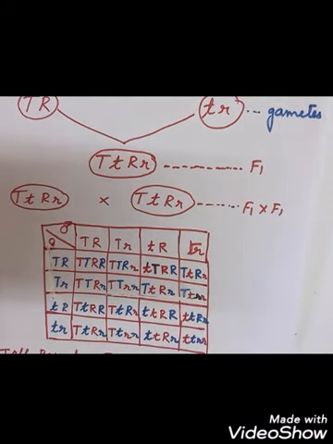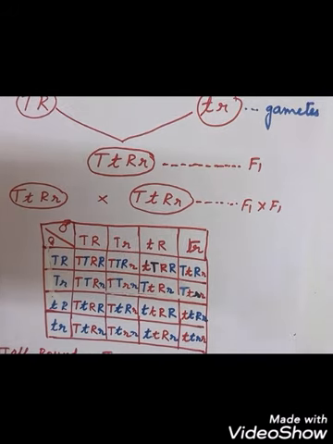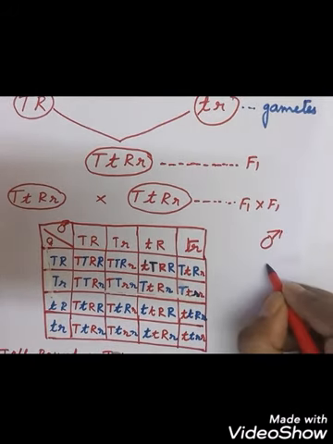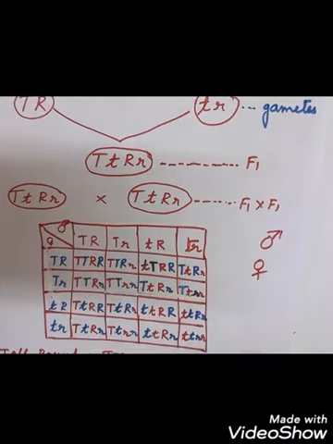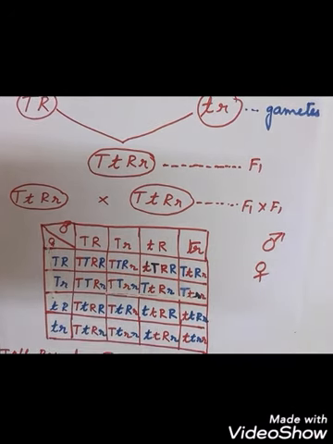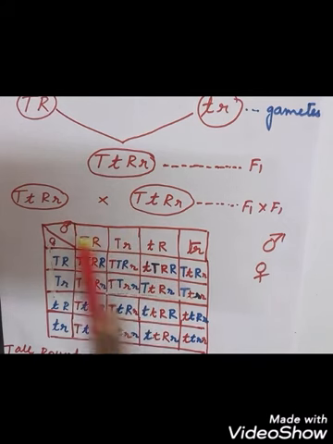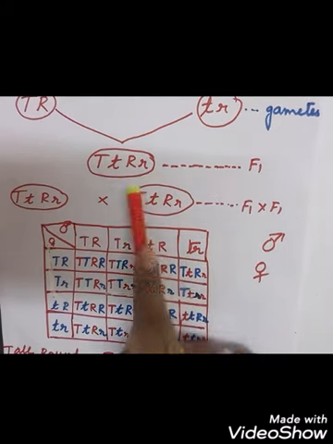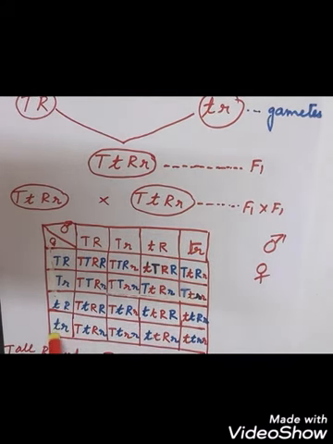Now you can see here I have represented the gametes, the male gametes. This is how we represent male, and this is how we represent female, and we put them in this box. This is female and this I have tried to show as male. So we are putting the gametes here. From this one we get the gametes capital T R, capital T small r, small t capital R, small t small r. You will write the same set here. One set you write here for this one, one set here for this one. Suppose this is male and this is female. So get the gametes here.